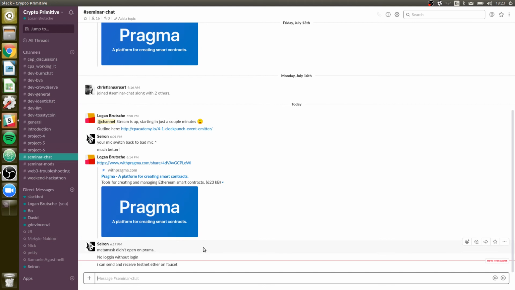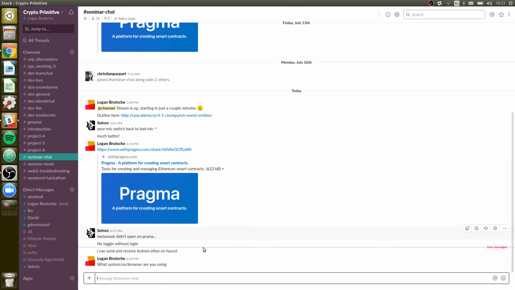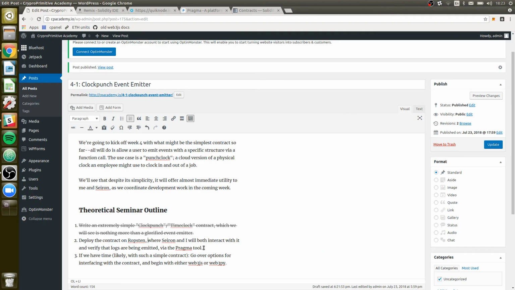But MetaMask doesn't open on Pragma. That's interesting. What system, OS, browser are you using? I'm just typing it so other people can follow along if they look at the stream chat later. Okay, while I'm waiting on that,